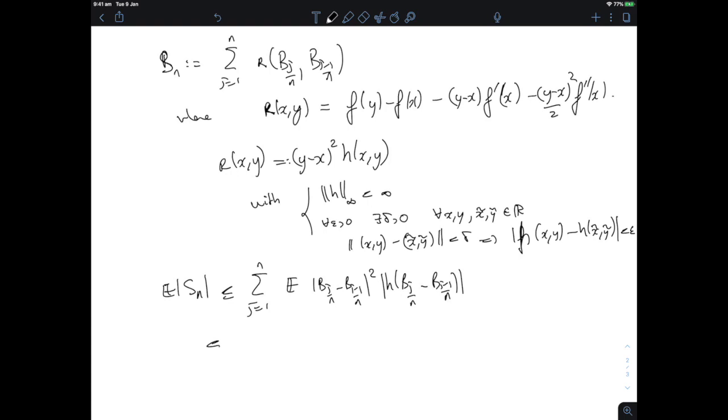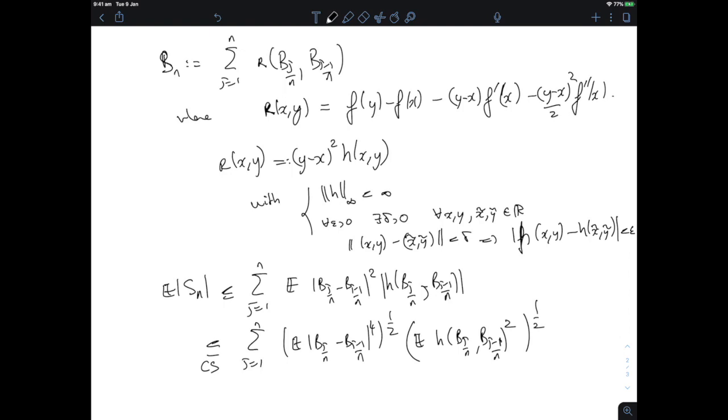And then I could apply Cauchy-Schwarz to this and get that this is smaller than the sum from j equals 1 to n of the fourth moment of increments of my Brownian motion raised to the power 1/2, times the expectation of h(B_{j/n}, B_{(j-1)/n}) squared, raised to the power 1/2. And now the fourth moment of my Brownian, I know what that is. That's 3 upon n squared. So this entire thing